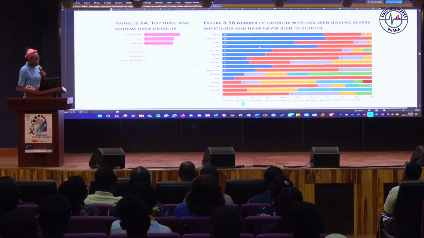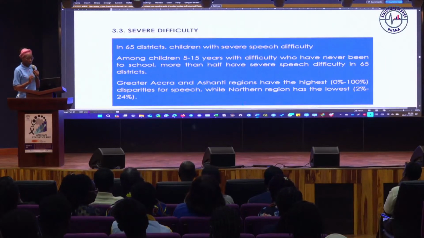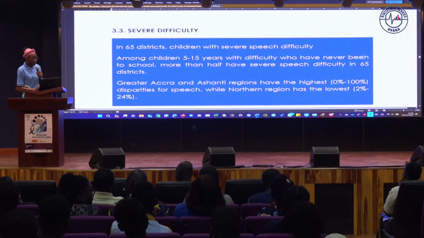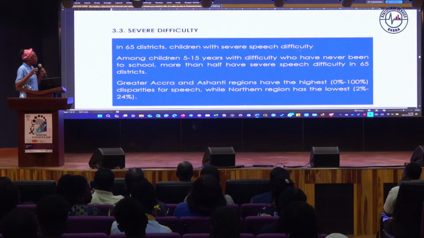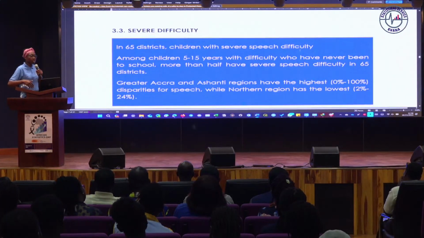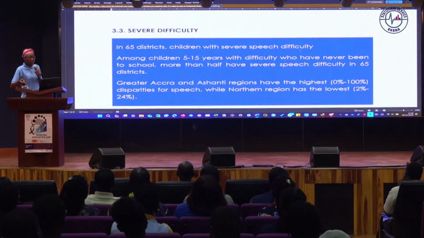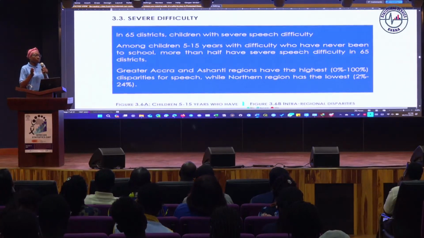Right, so let's move on to narrowing further into the various types of difficulty. Now, what we did was that based on how the census has categorized the levels or degrees of difficulty, we collapsed the last two categories to create a category called severe difficulty. So the census asked questions like no difficulty at all, mild difficulty, a lot of difficulty, and cannot perform the activity at all. So we collapsed the last two, a lot of difficulty plus cannot, to create a single severe difficulty degree of